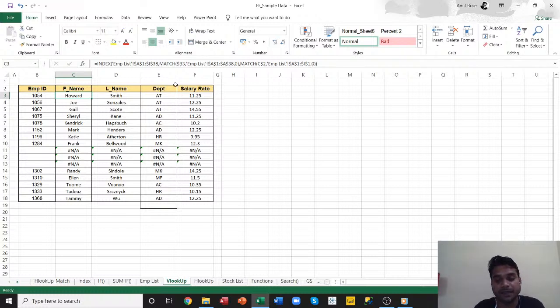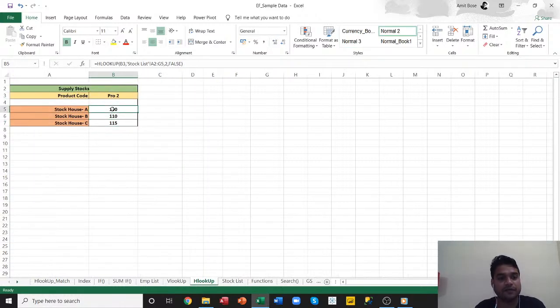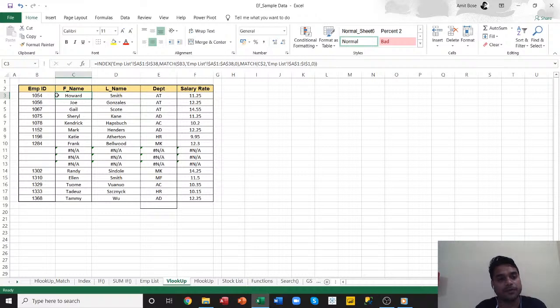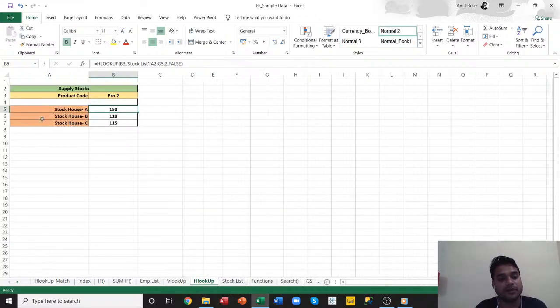Now the next example that I'm going to talk about is the same thing I want to apply over here. So instead of writing the HLOOKUP function for each of the cells, I can use a similar option for this particular sample data also. So how can I do that? We can use a match function again over here. How can you use a match function over here? What we can do,